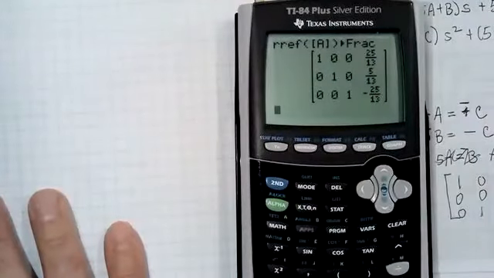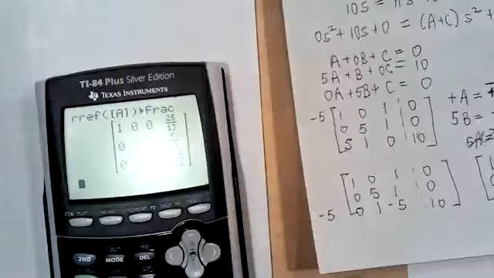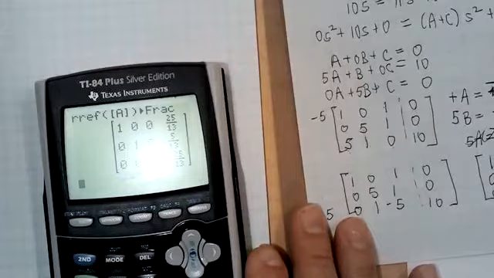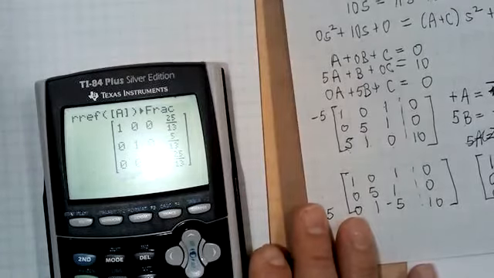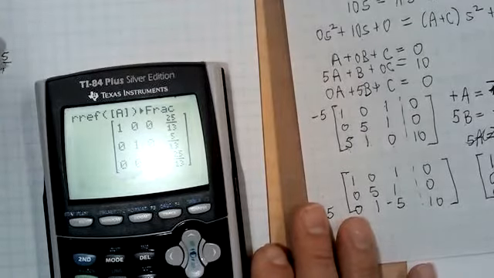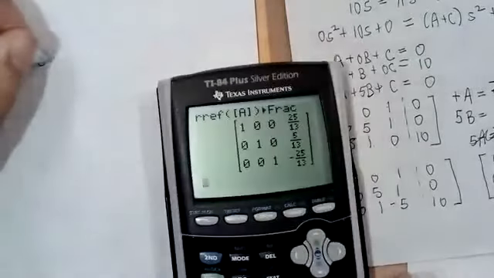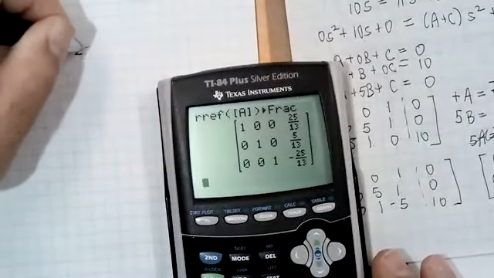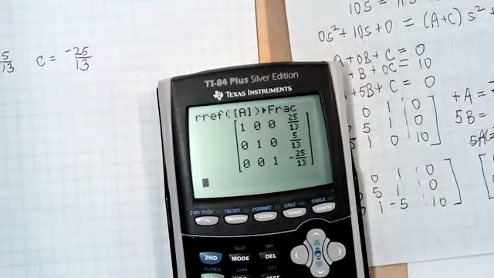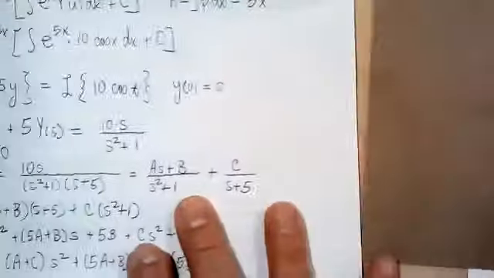Well, I guess it wasn't totally wrong. A is 25 over 13. B is 5 over 13. C is minus 25 over 13. Okay, then cap Y is, we've got